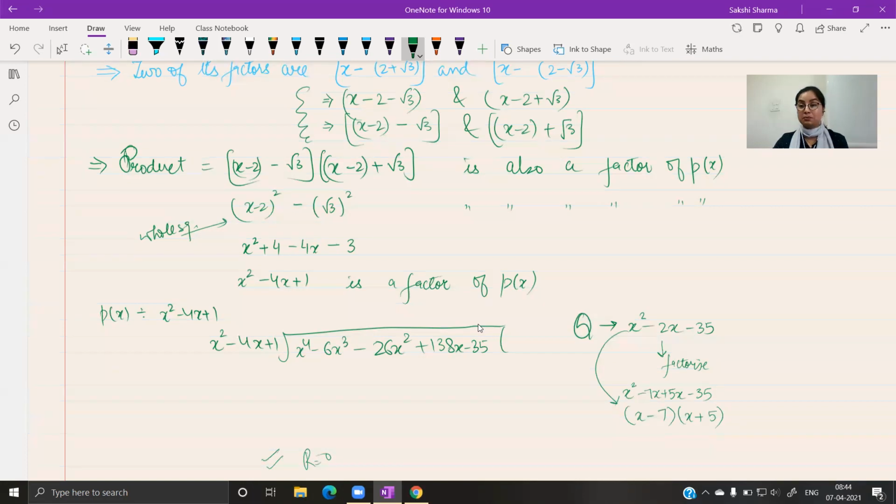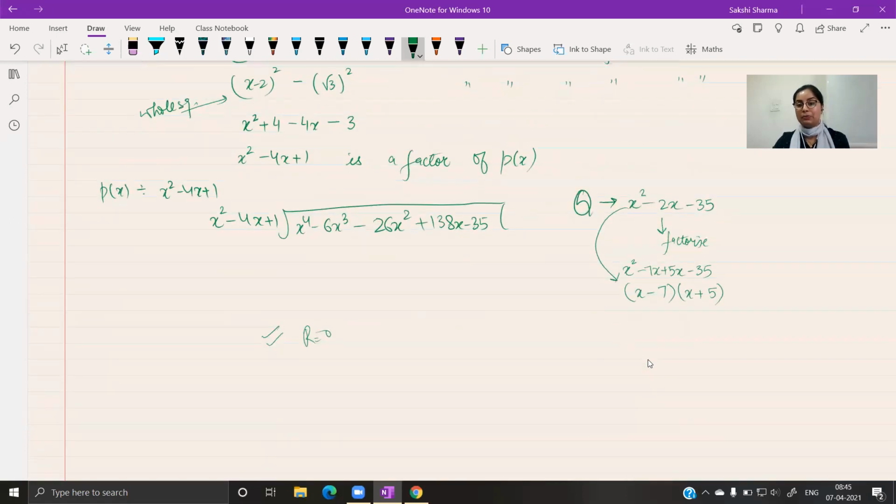The form x plus a, x plus b, you can factorize directly also. If you are short of time and you know what will be the factors, you can directly give your answer. And when you equate these equal to 0, you will get the remaining zeros of the polynomial here. You have to find out the other zeros, so you need not work out the whole question again. After this you can simply do this, for remaining zeros of px,